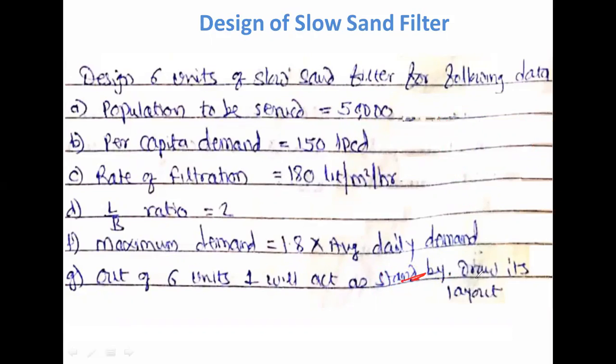And at last we have to draw the layout for this filter. जे आपण 5 फिल्टर किंवा 6 फिल्टर या ठिकाणी आपल्याला डिझाइन करायचे. Actually we have to design the 6 filters, but actual working मध्ये त्या ठिकाणी किती असणार आहे? 5च असणार आहे. म्हणजे जे 6 फिल्टर आहेत त्याचं आपल्याला लेआउट पण काढायचं आहे. जे 6 फिल्टर तुम्ही कसे करणार आणि याचे डायमेन्शन्स काय असणार आहेत, याची लेंथ काय असेल आणि याची ब्रेथ काय असेल. So this thing we have to do in this particular problem.